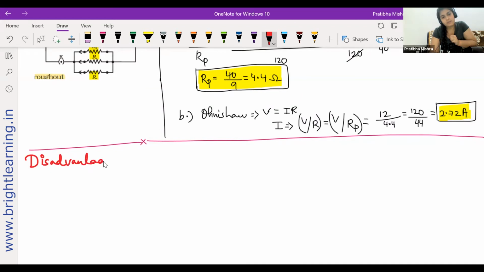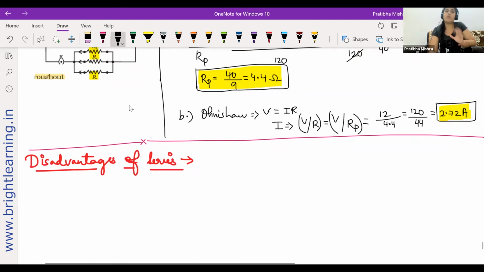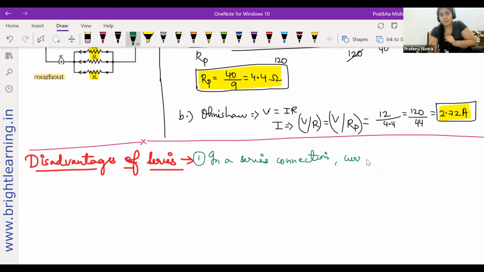Disadvantages of series connection of the resistors. Why can't we connect the resistors in series? What is the disadvantage? The first disadvantage is that in a series connection, current remains the same, right? Current flow is constant